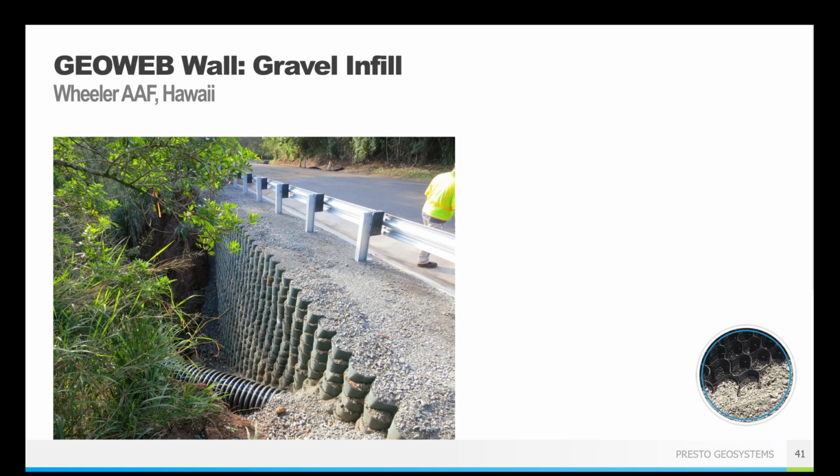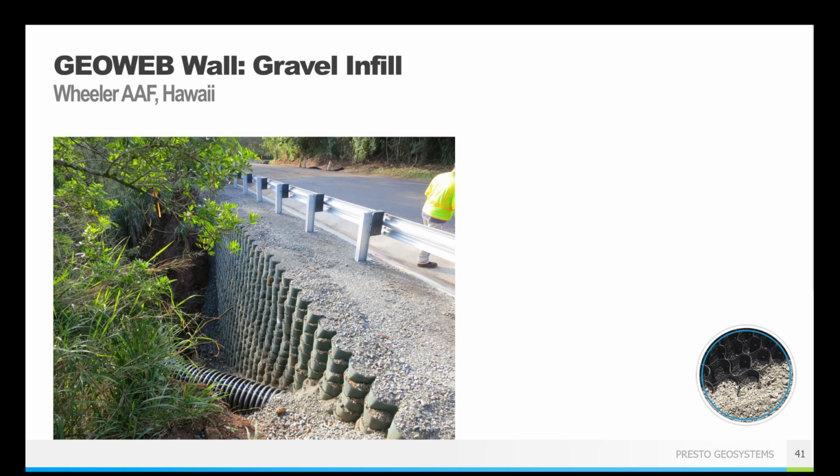In this case, they didn't care about aesthetics, so they just left that large drainage pipe sort of hanging out there. You can clean that up a little bit on your site if you don't want that just hanging out, but either way, drainage is pretty important. And now it can withstand some of those really punishing storms that Hawaii can get, and now it can carry all of the vehicle traffic that that Air Force Base needs on this new road. So great application there.